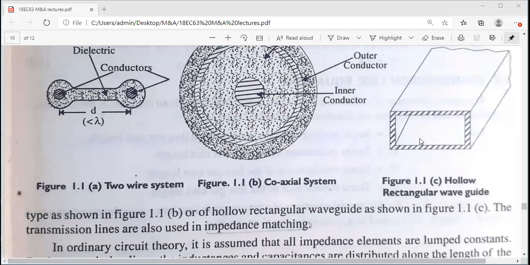So waveguide is also a transmission line. This example is for rectangular waveguide. Similar to rectangular waveguide, you may have different types. One more is a kind of waveguide in your laboratory. You can see circular waveguide is also there, wherein the mouth of this waveguide is circular. Now the circular waveguide, you can imagine your water pipes. I'll try to give some diagrams also, real images of these different waveguides and transmission lines if possible.